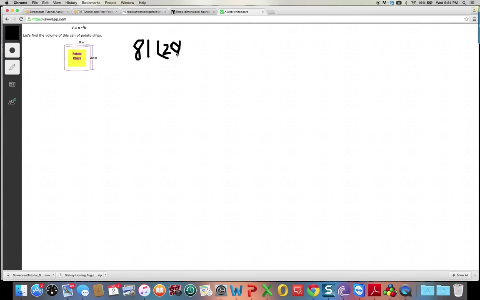When we do that, we can then multiply 1,620 by pi, and that gives us a volume